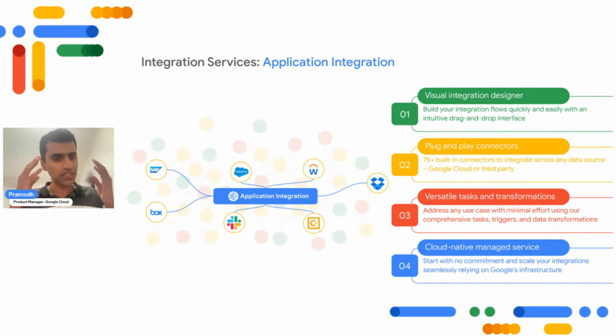The four things which you need to keep in mind when looking at application integration. It's basically an iPaaS offering from Google Cloud. It is targeted towards low code, no code, so that you could rapidly go to market. You don't need to write code unless you want to. There is always an ability to get into code if required. But the core value proposition is how you could rapidly build and automate your business processes.